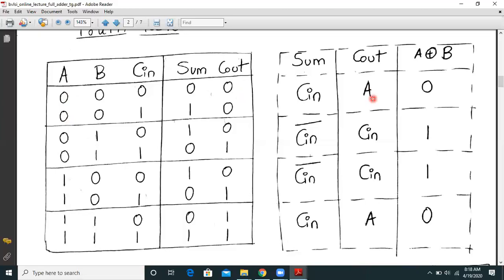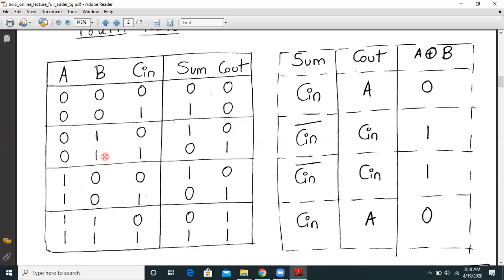Now whenever A and B is 0, we know A XOR B is 0 when both the inputs are same. So here we can write that similarly. Whenever both the inputs are same, that is A and B are same, my A XOR B is 0.